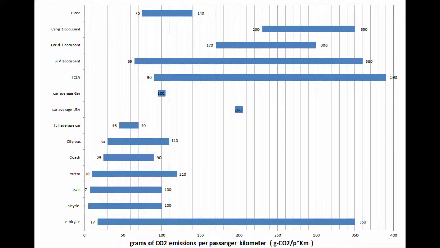Hello everyone, this video is about CO2 emissions from passenger vehicles. This graph can give you a rough estimate of emissions from different vehicles. I created it by combining lots of data from different studies and websites that I will mention in the video